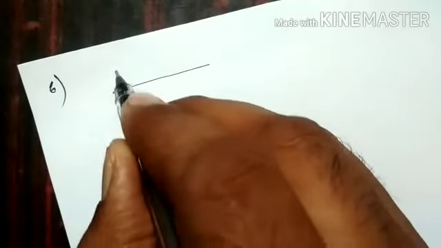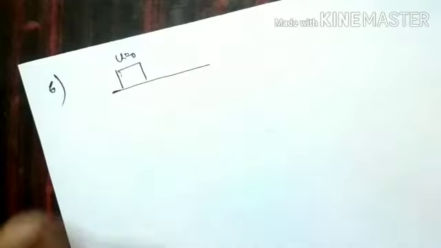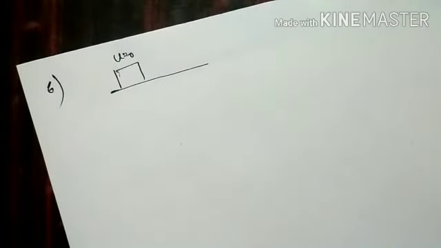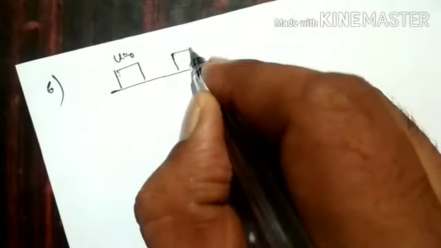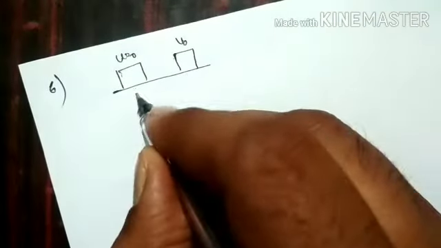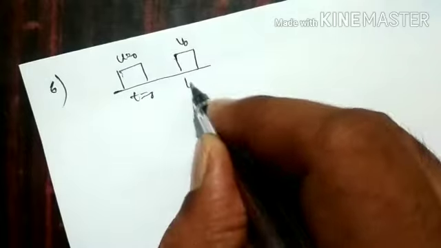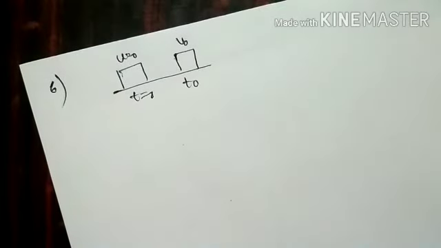So now we consider one more application, the sixth one. I will read the statement. A body of mass m is initially at rest, and by the application of a constant force, its velocity changes to v0 in time t0. So starting from time t equal to 0, the time has changed to t0.